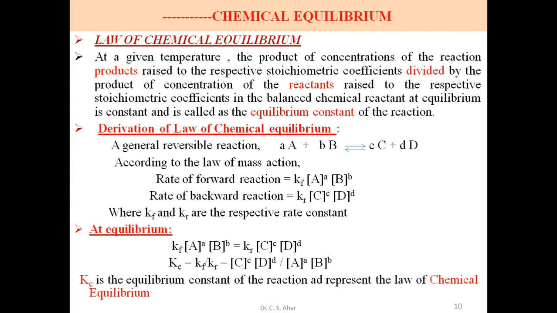So I think you understand this equilibrium constant, the law of chemical equilibrium. We solve this law of chemical equilibrium using the law of mass action, the previous topic, and arrive at this equation. According to this definition, the stoichiometric coefficient means molar quantity. The stoichiometric coefficients are capital A, small b, small c, small d, which are the molar quantities in the balanced chemical reaction. So this is the equilibrium reaction. This equilibrium constant, Kc, is called the chemical equilibrium constant for this reaction.